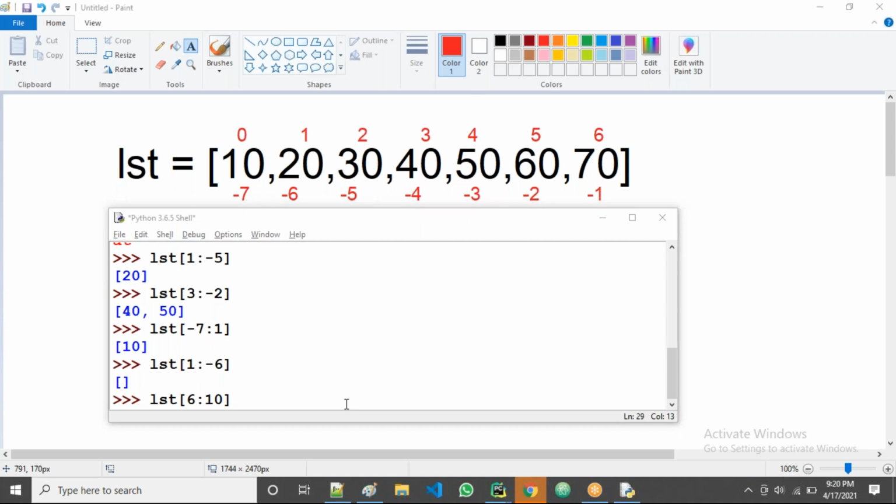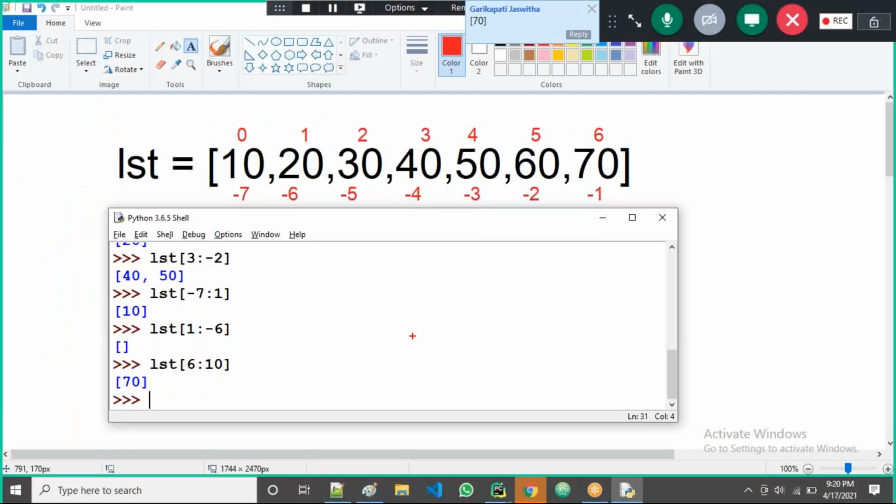Why will the empty list come here, guys? Now all of you observe here. What is the starting value? Starting value 10, guys. And ending value 10 means somewhere outside. Then consider the last value as the ending value, doing the minus 1 also, which gives the last value. Now the starting value and ending value are pointing to the same element, guys. That's why the element came here.